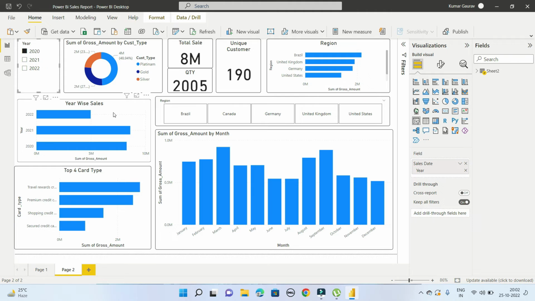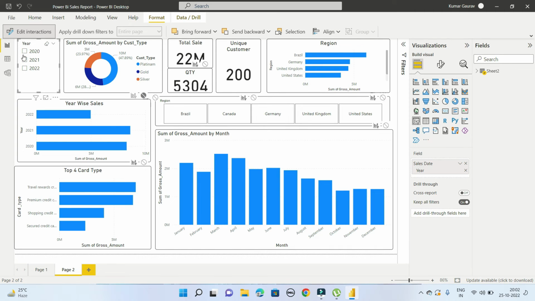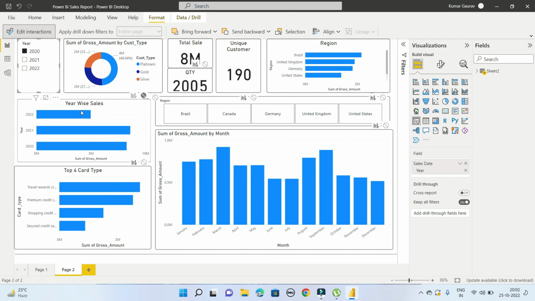If we want to disconnect this controller from any particular chart, we apply this. Now we check whether it is disconnected or not in 2020. Then you can see the year-wise sales is showing for the 2000